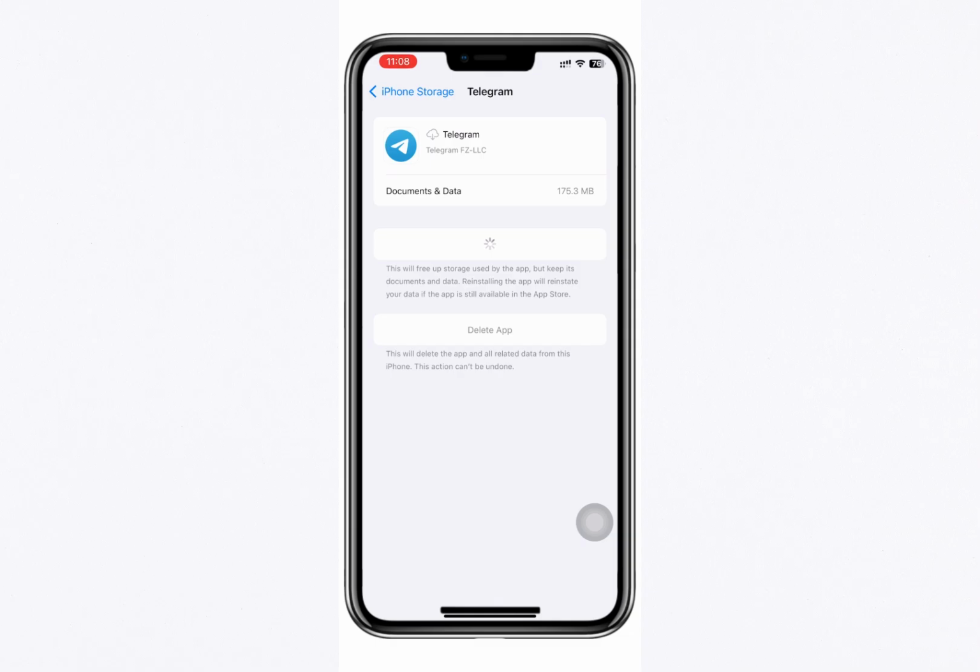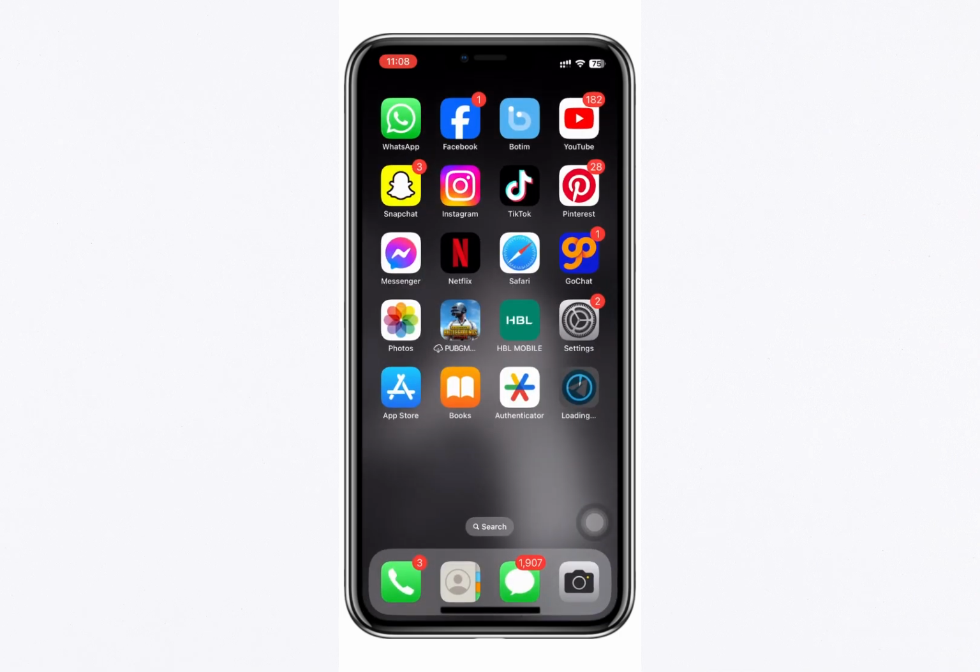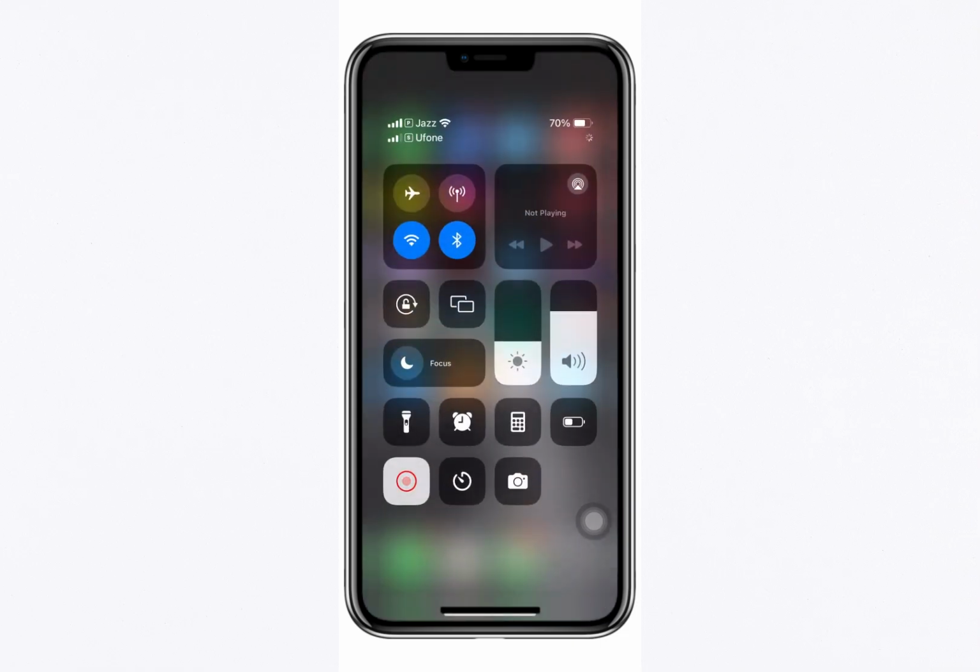If reinstalling doesn't work, it's a good idea to check your internet connection. Make sure your Wi-Fi or mobile data is working properly. One quick fix you can try is switching your phone to airplane mode for a few seconds and then turning it off again. This refreshes your network connection and can sometimes resolve any network-related problems that might be interfering with